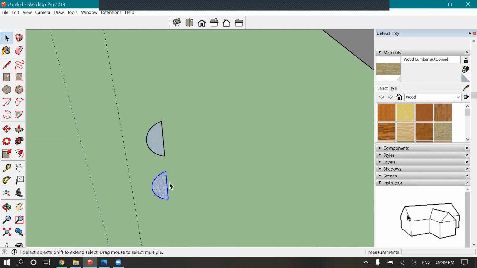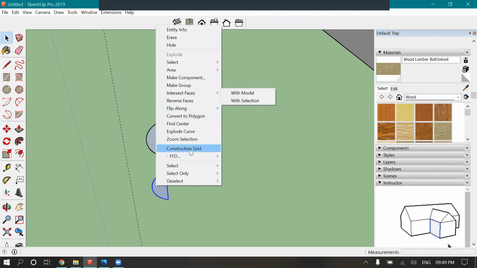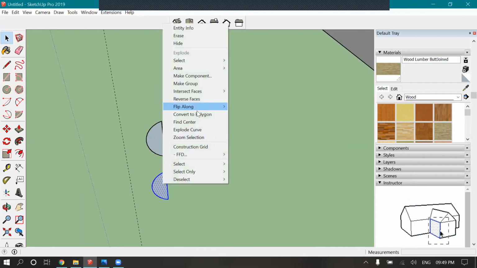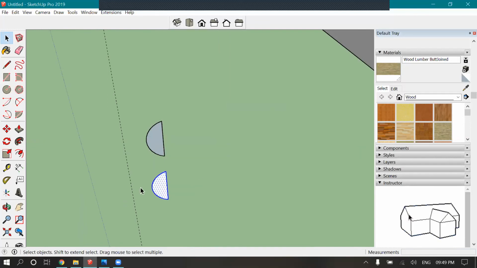I need to give a design like this on all the edges of my floor. So let's keep it here and use the follow me tool.